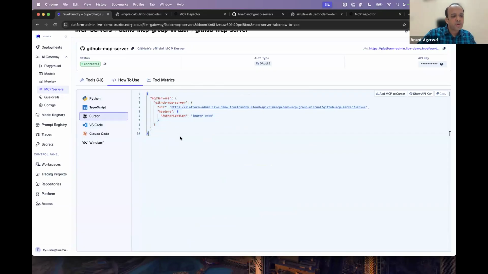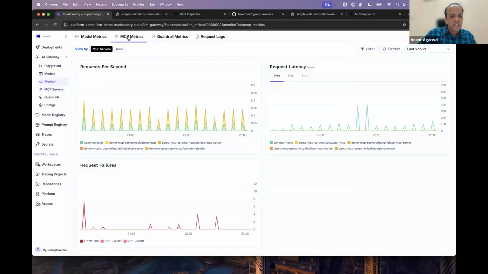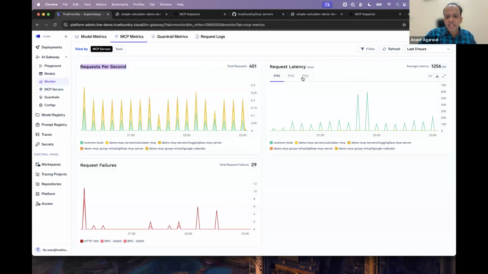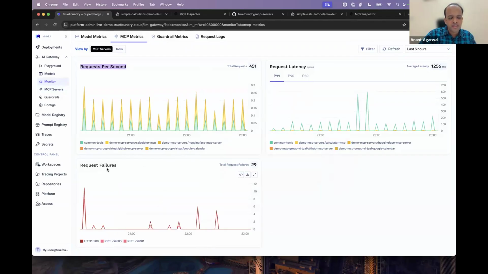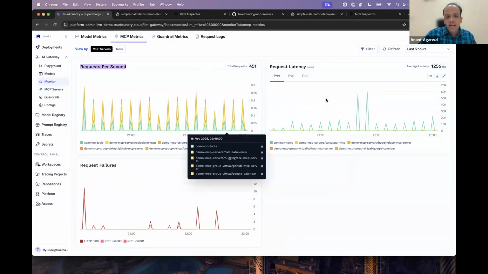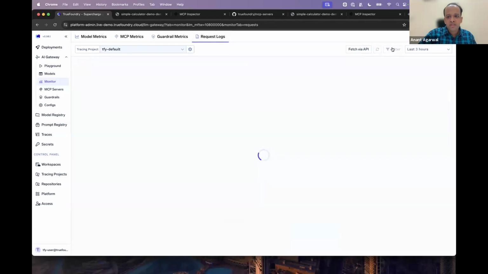Once that information is flowing through the gateway, you can monitor it. So you go to the Monitor tab and you go to MCP Metrics. You can view the metrics by MCP servers or at a tool level. You can see requests per second, you can see the request latency at P99, P90, and P50, and you can also see request failures. So you can do a lot of analytics, but more granularly, you can also go to request logs and you can filter this,